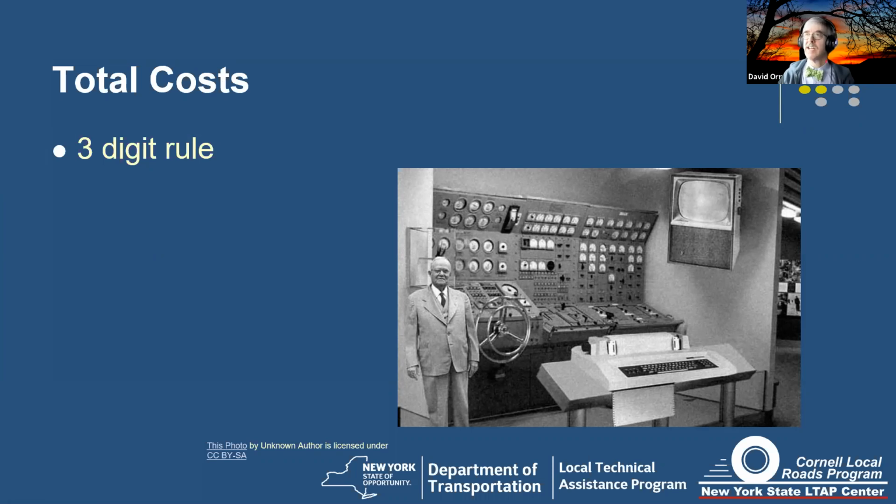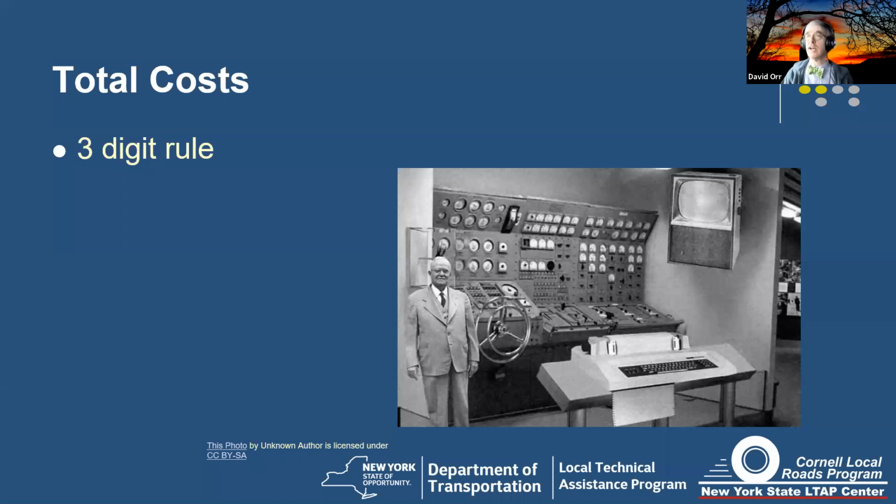How many digits can you really believe in a calculation for budgets? Well, most of the time, that's why I like the 3-digit rule. You essentially take your digits and you round them, trusting the first 3 digits you come up with. Now, if you have a 1 at the beginning, remember you can include the 1. But generally 3 digits or less.